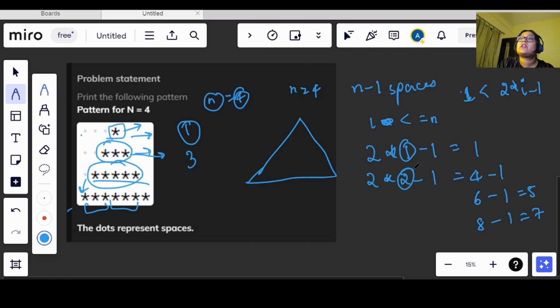Because this i is increasing every time, right? And in the same way the pattern is getting followed, right? So we will start our j from 1 only, and it will go till less than or equals to 2 into i minus 1, right? So now we have the basic idea from where j will start and till where it will go.